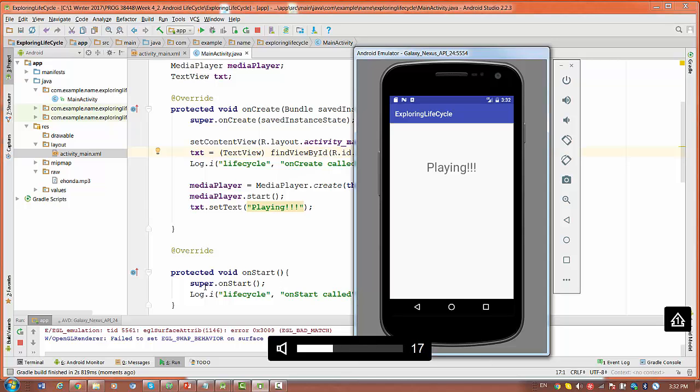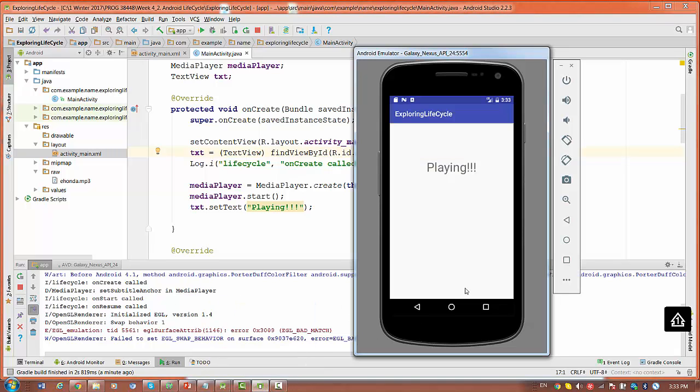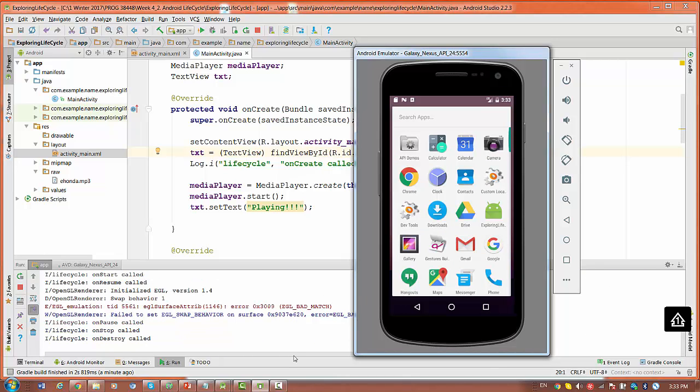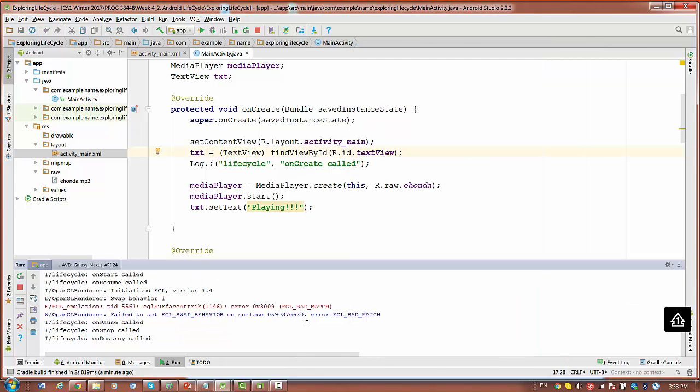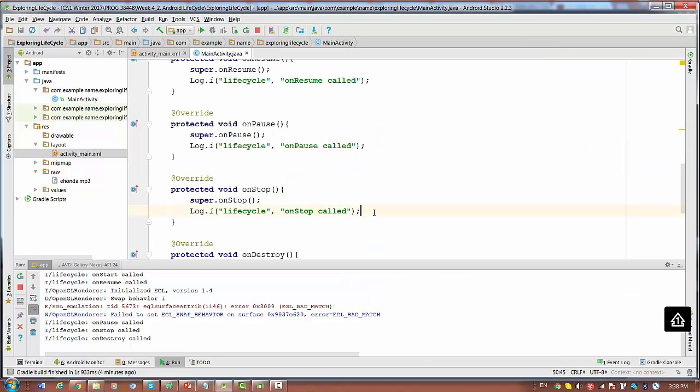So here the music is playing right now, and you see how the lifecycle started: onCreate called, onStart called, onResume called. So let's now try to exit the application by pressing this button. This application is exited, and onPause, onStop, onDestroy are called, but we still have music running, so we have to fix this. In this case, when we exit the application, the onStop method is called,